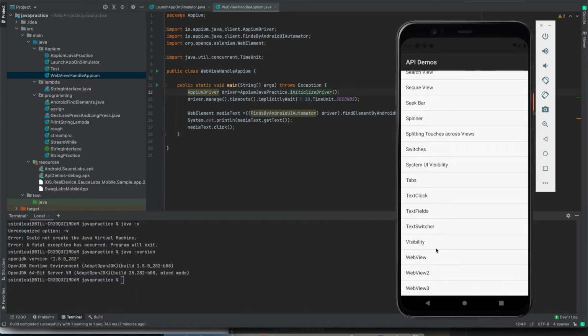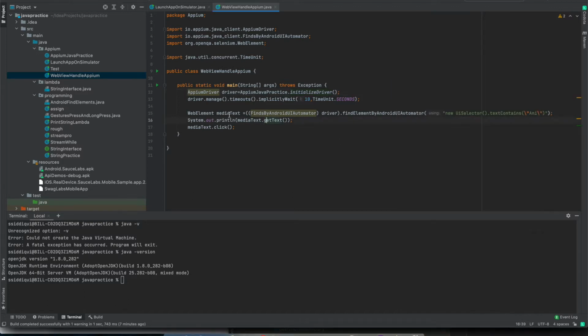So I need to define two variables to store the web element and perform some action. So what I will do, I will change this to maybe something like view click, and I will replace this with this.